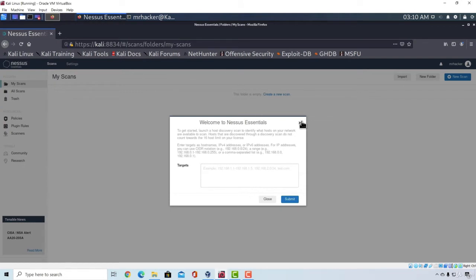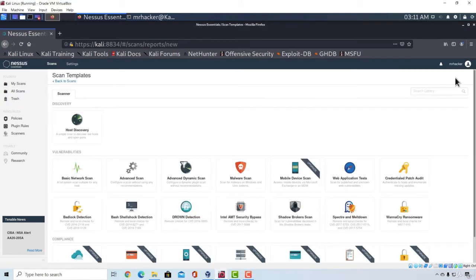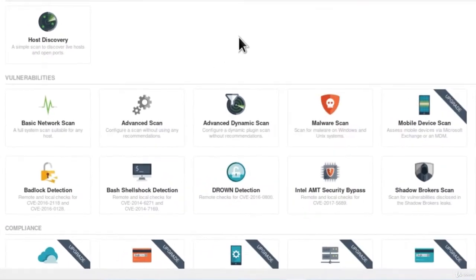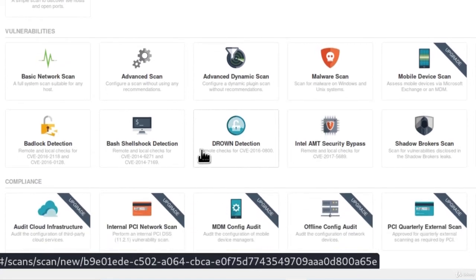So we can click right here on this X button, just to see this page better. And all we want to do from here is go to the New Scan button. Right here, we will see all of the available options that we can do for our scans. So we got Basic Network Scan, as it says, a full system scan suitable for any host. We got the Advanced Scan, configure a scan without using any recommendations, and we got a bunch of the other